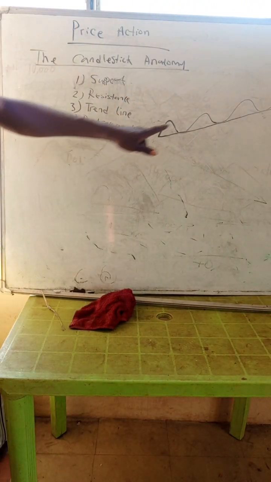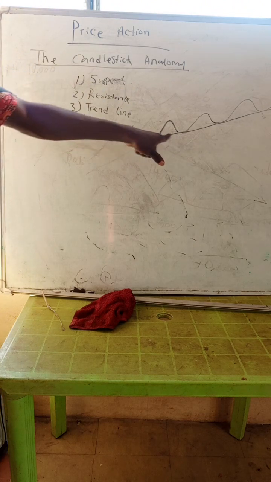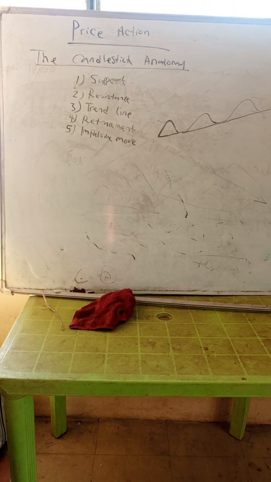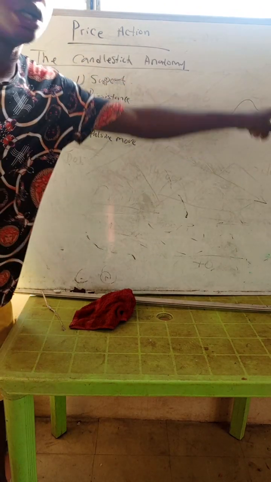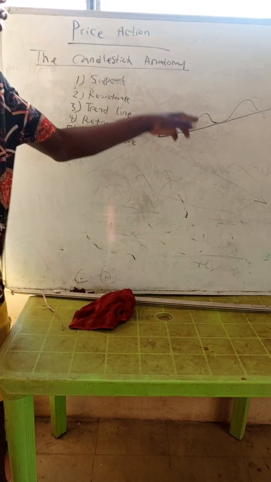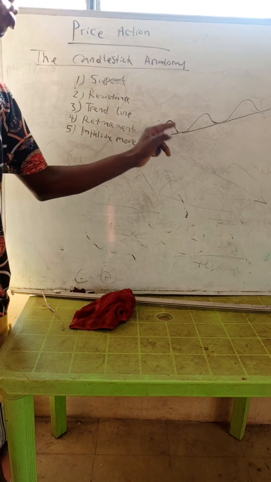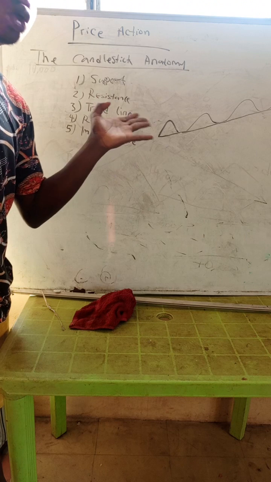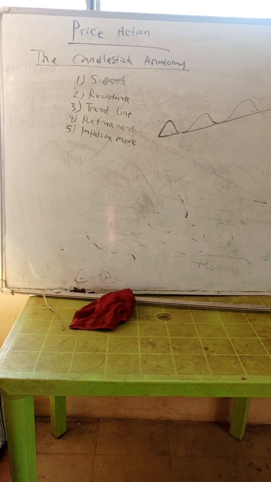You see how immediately it touched all the supports. See how I was able to connect all my supports with the trend line. The line I drew is what they call a trend line, because this pattern already is a trend. What kind of trend is that? An uptrend. Now my trend line was used to connect all the supports of that trend. Do you understand? So that's when you use a trend line.